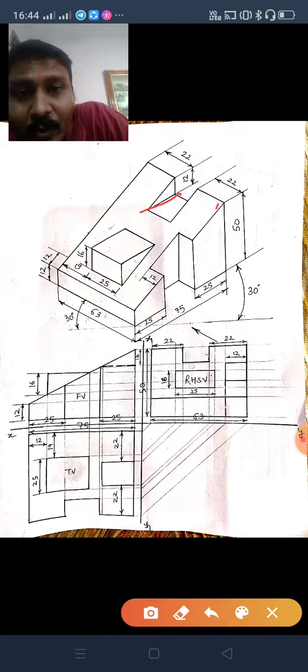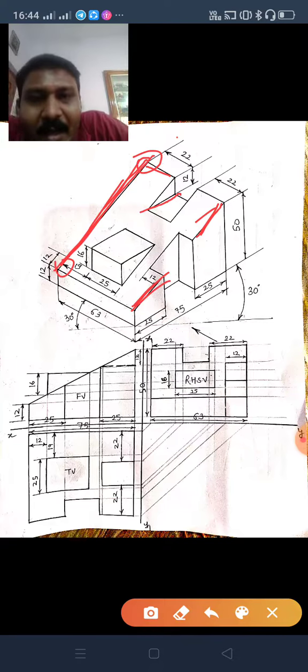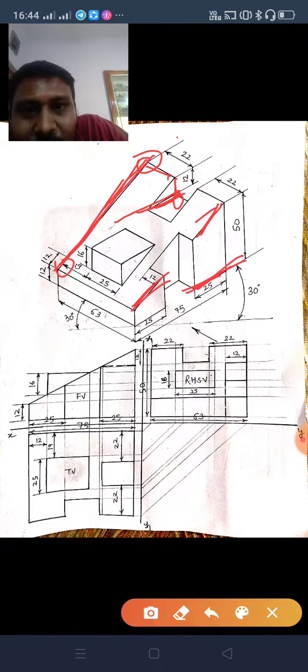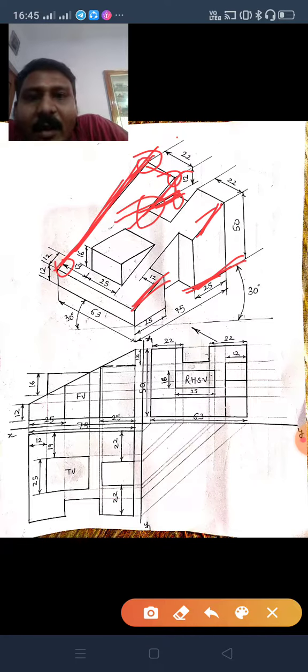One more thing you have to do. You have joined this parallel to this, draw a line from here joining this. This can also be drawn. Once you have drawn this 63, this point is known to you, this point is also known to you, you can definitely join this, and this line and this are both parallel. So what will you do? From this 12 mm you have dropped downwards. From this point draw a line parallel to this line. You do not know the length, but you can draw this parallel. And from this point draw a line parallel to this line. Both these lines intersect, you will get this point. Now once you have this point, draw a line parallel to this line and join this. So this box is completed.